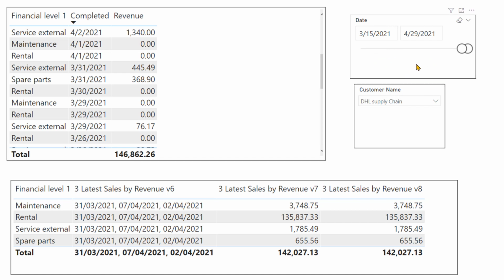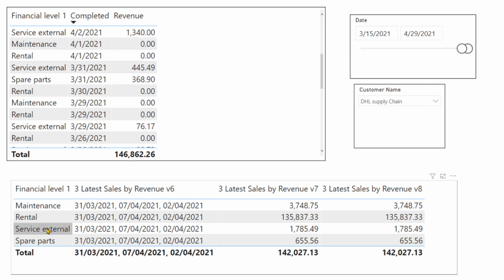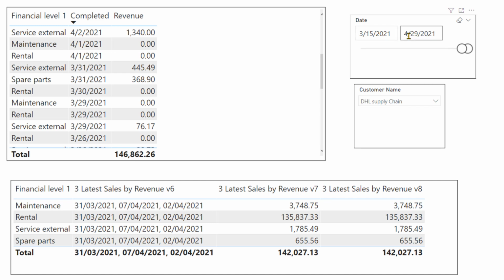What we want to do is, in that time period, identify the top three dates that are not zero, and then in those top three dates identify the financial level. You can see that in the first version of the measure I have listed out the dates that are less than 4/29.